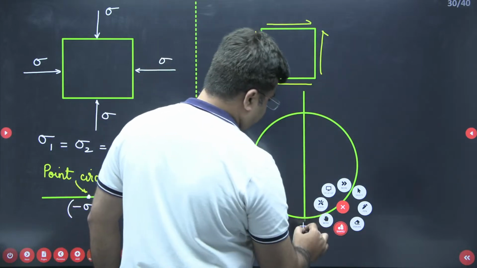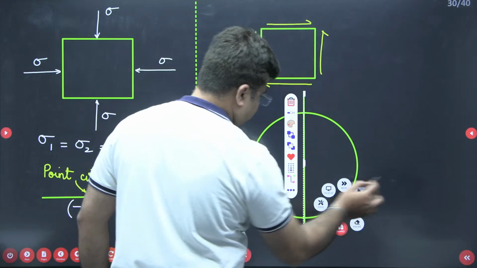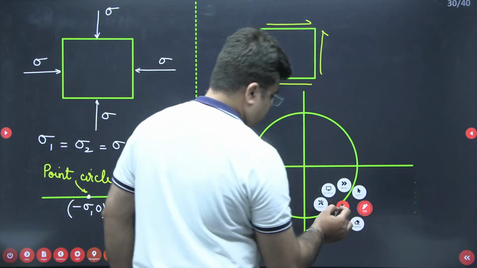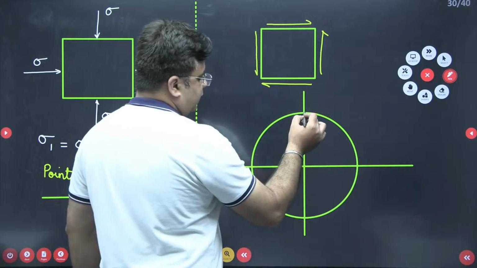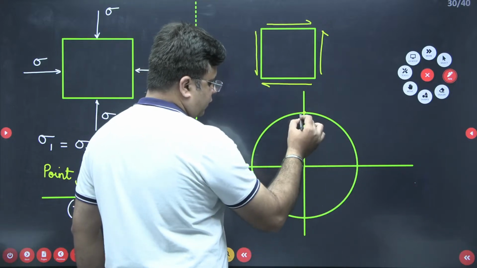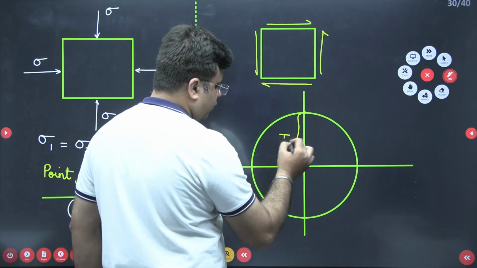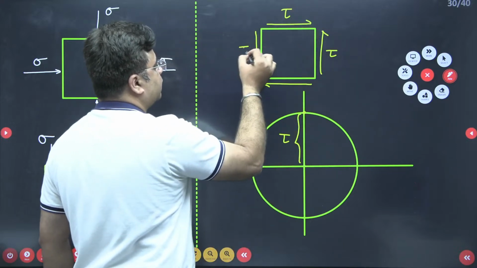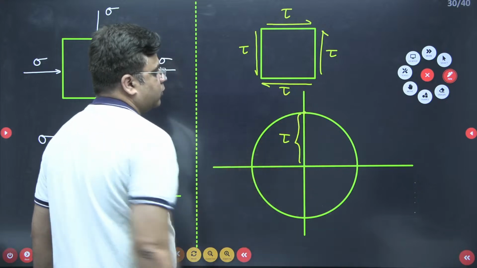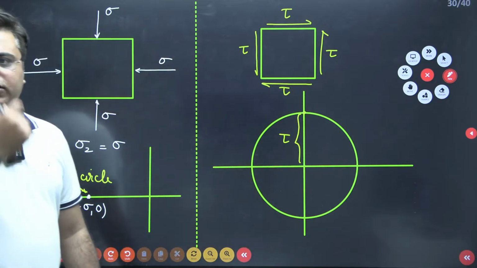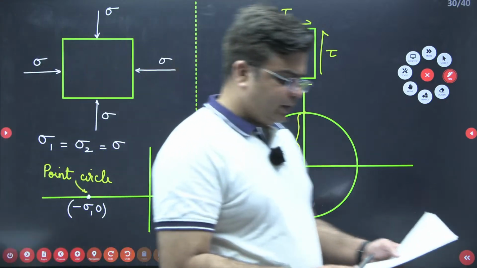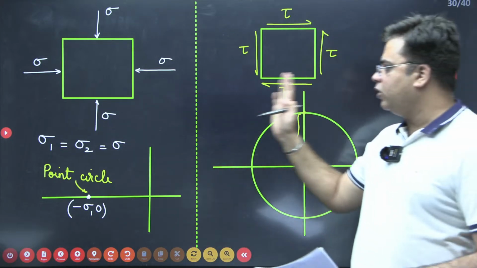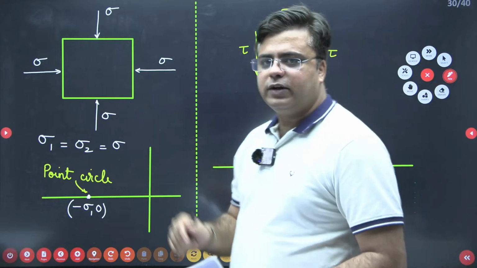This Mohr circle will have its center at the origin, and the radius of this Mohr circle will be equal to the value of shear stress tau. Okay, so this is how all the 4 Mohr circles will look. You can just match with the column. You need to match list 1 with list 2. So I have drawn all the Mohr circles for all the different states of stress.